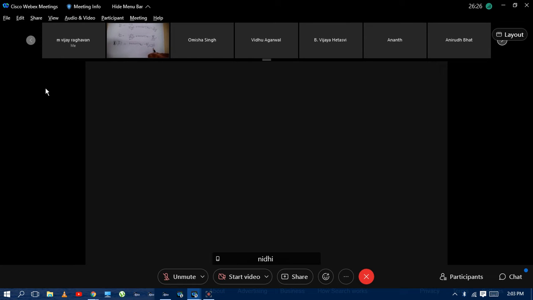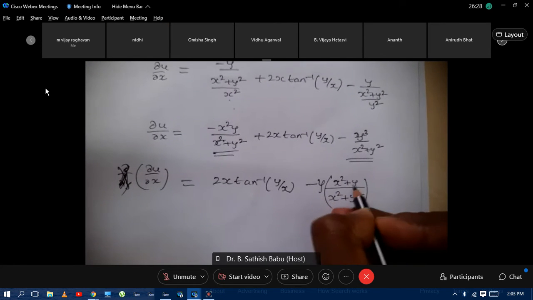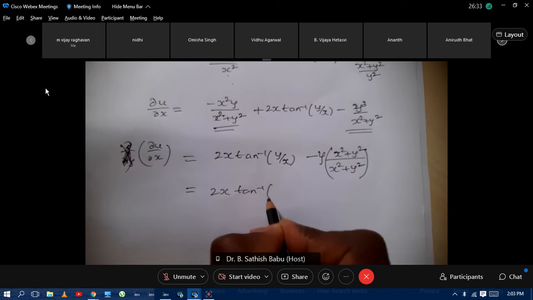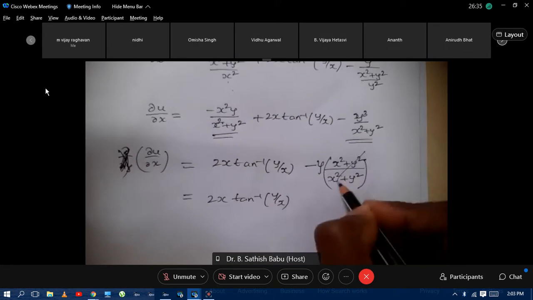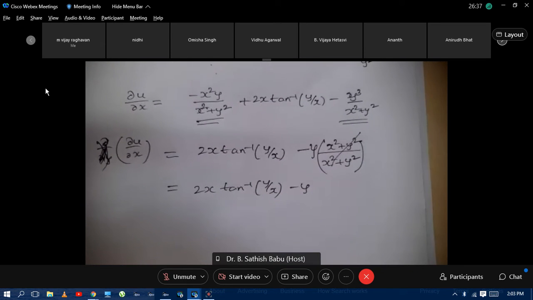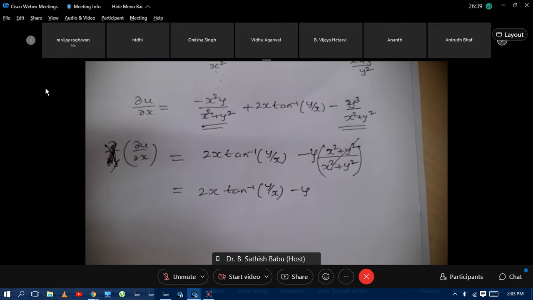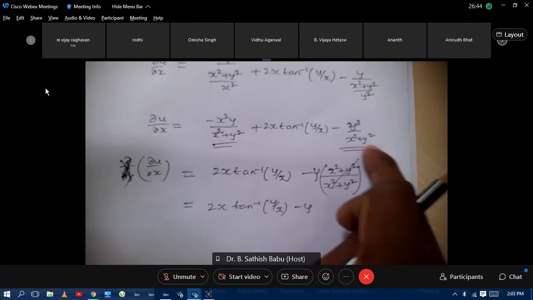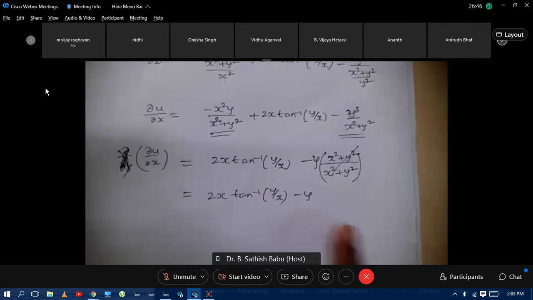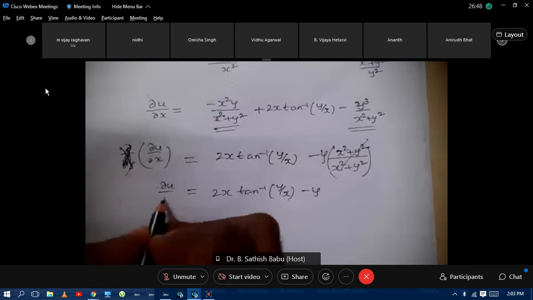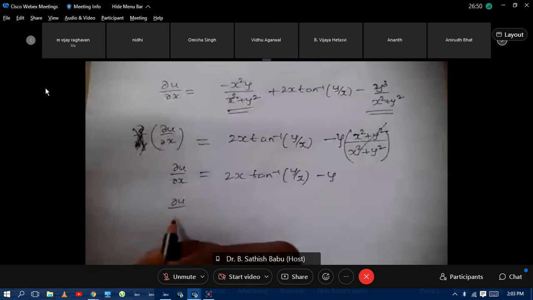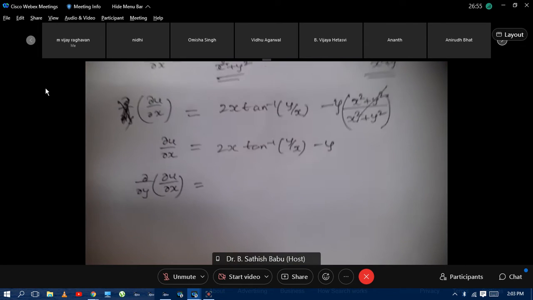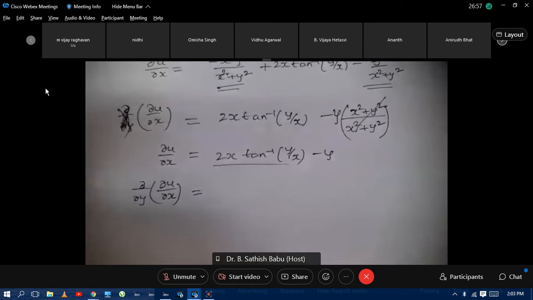So it will become x square plus y square, whole square. If you take a look at this term carefully, this will get cancelled. We will get a simple term y. Is it quite easy to differentiate rather than differentiating these two terms? Differentiation of this simple term, the procedure becomes very, very easy. So now I will differentiate this with respect to y. How do you differentiate this with respect to y?